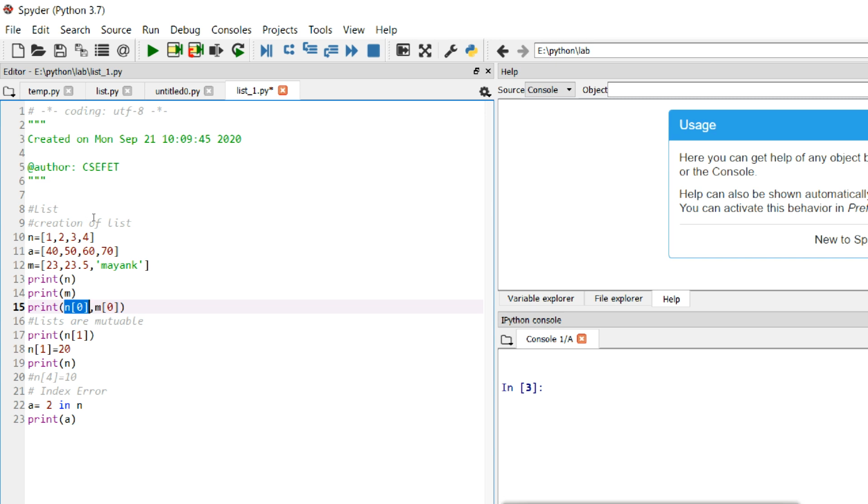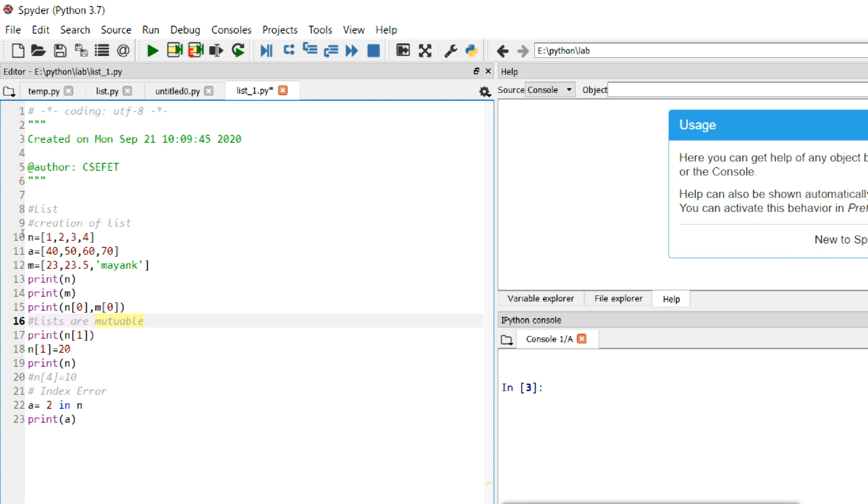Another important point is that as strings are not mutable, they are immutable, we cannot change the string directly. We can change it by using slicing and so on. Lists are purely mutable. We can change the members of the list anytime we want. We can write an index, we can access a member of the list, we can access a value of the list, and we can change it.